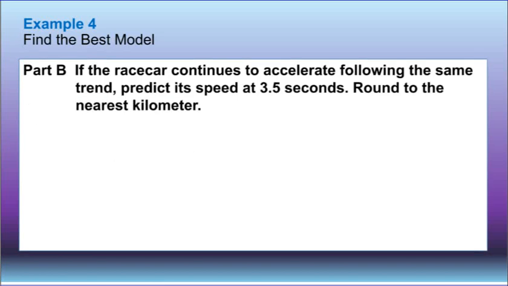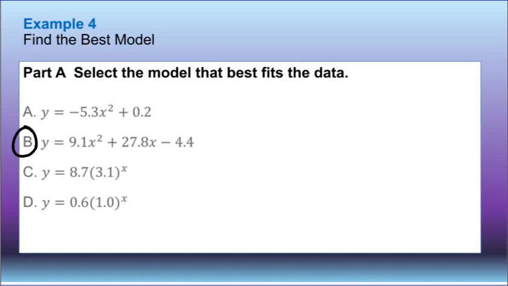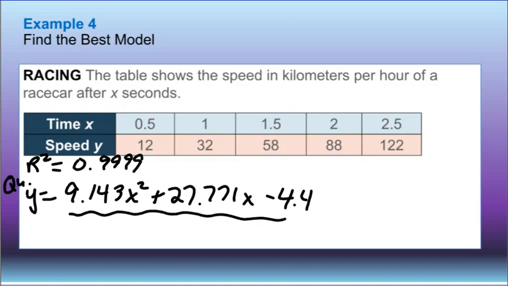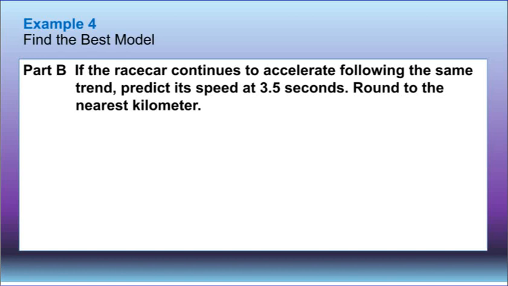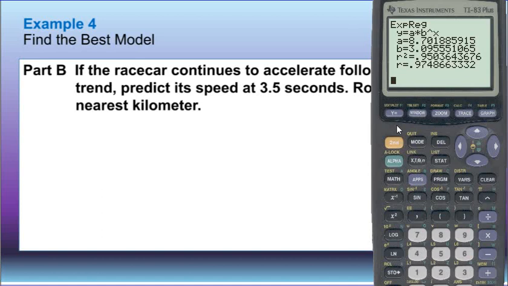Now it says that the race car continues to accelerate following the same trend. Predict the speed at 3.5 seconds, round to the nearest kilometer. If I take our equation here, and if we go back to our table here, the time is our x. So if I put 3.5 in for x, I can determine how fast that would be. So if I were to go back to my calculator here, and if I go back to my graph,